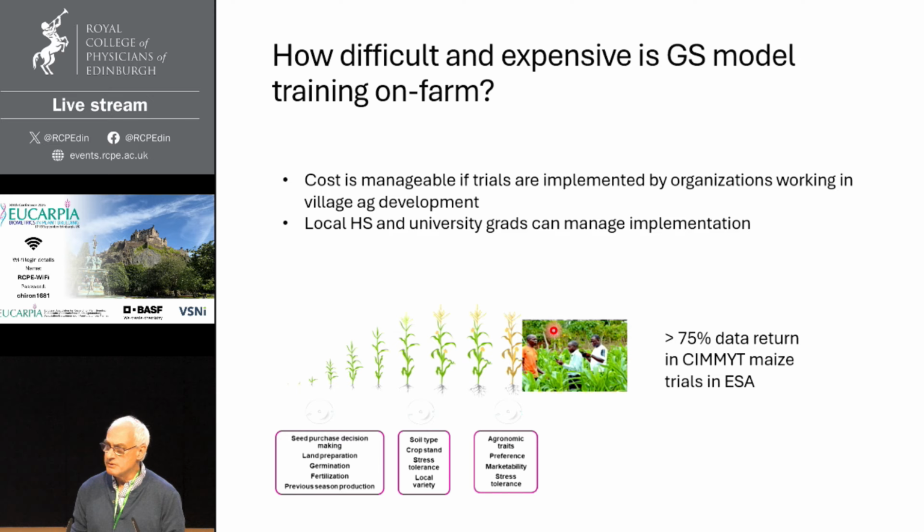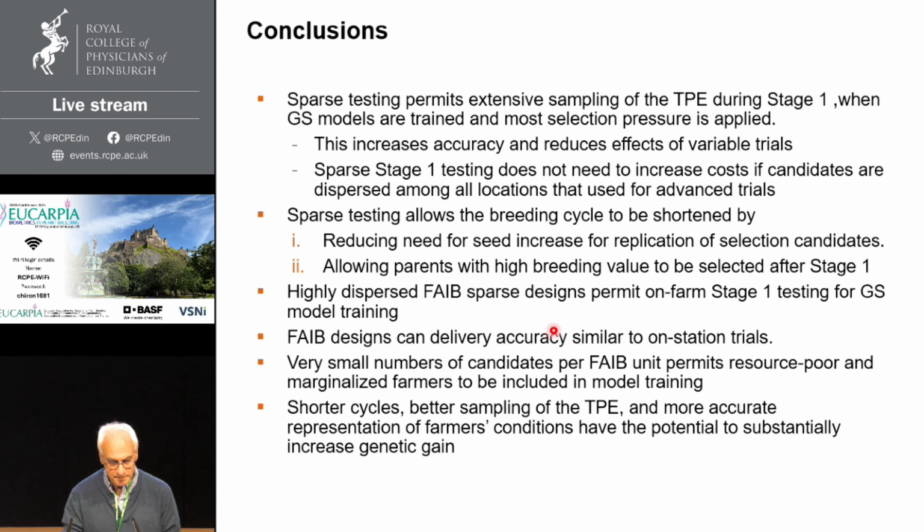Organizations that are used to getting out to a lot of farms and interacting with a lot of farmers. Typically, these programs that are intensifying on-farm testing hire local high school or university graduates from the villages or the communities surrounding. Both CIMMYT and CIAT have been pretty successful in getting high rates of data return from these trials at an affordable price. I'll wrap up